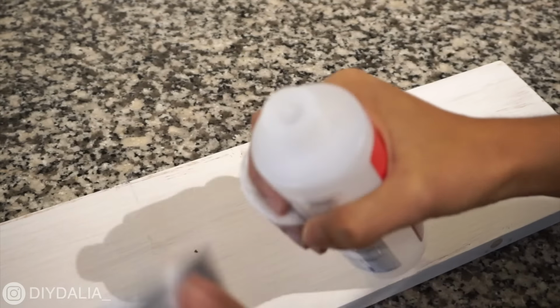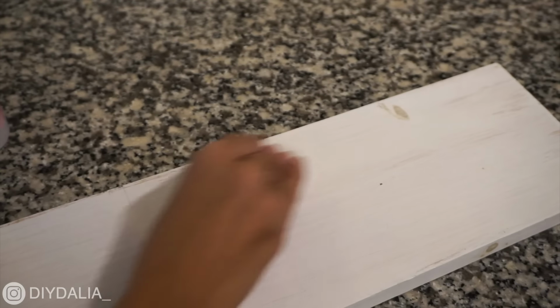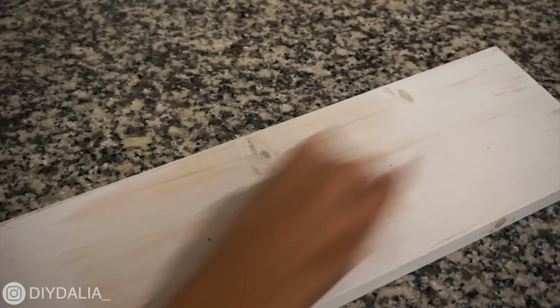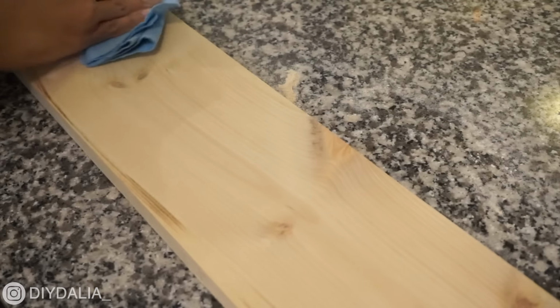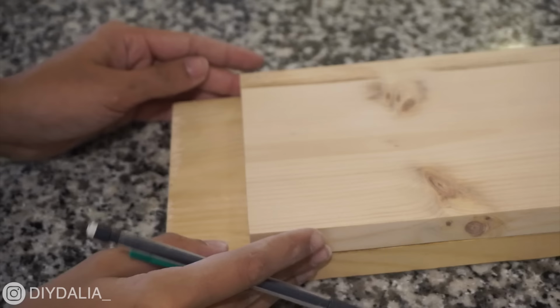So I'm just actually using acetone, which is nail polish remover, to remove the initial layer of white paint, and that worked pretty good, but I could tell I definitely needed to sand it quite a bit. I actually started out sanding it by hand with a really coarse piece of sandpaper, and once it was all sanded and I could see the nice wood color through that and I was happy,